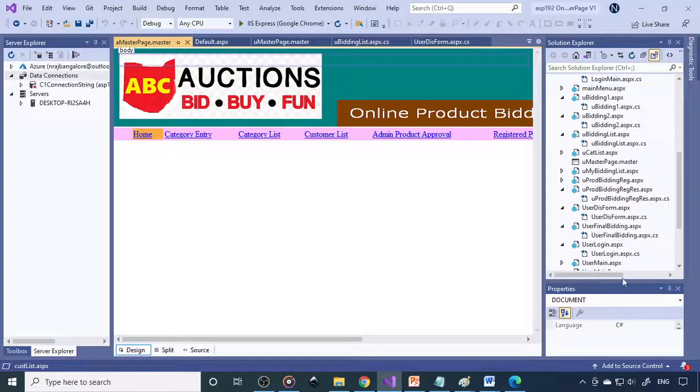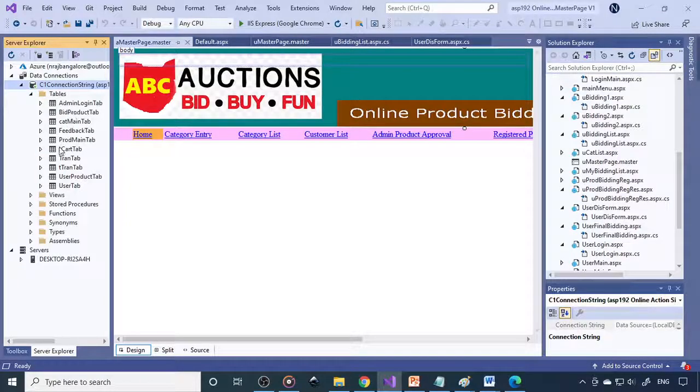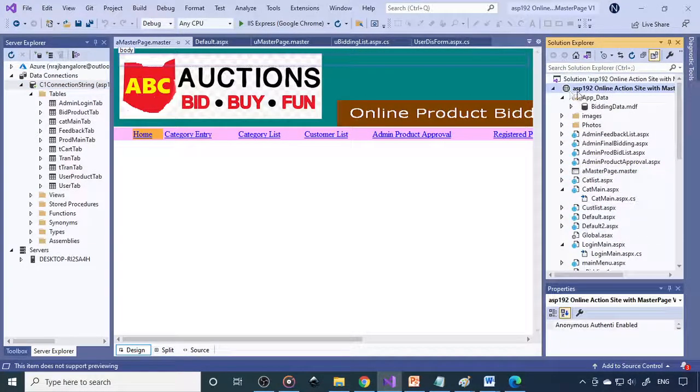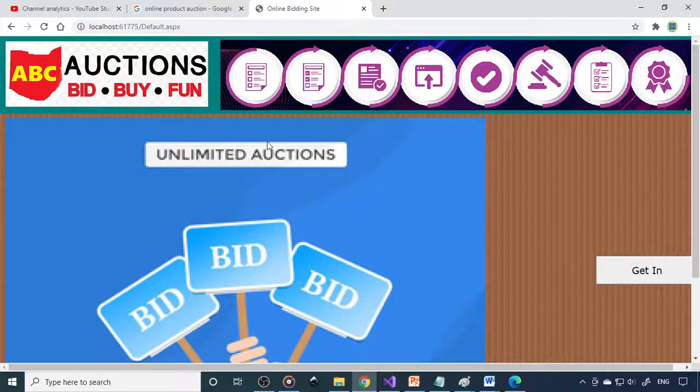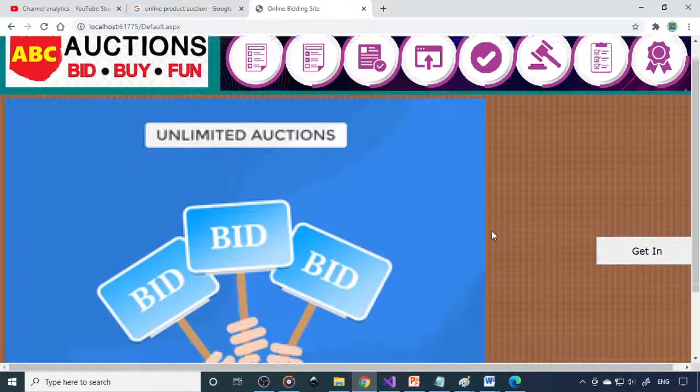Right, so there are so many other pages too, and here is the database, and if I expand this, we'll get the tables. So these are the tables which are used in this particular project. Fine. First we'll move on and then run the project. So select the project, just click the run button, and the project will run. So here you can see that I'm already running the project. This is the main page.